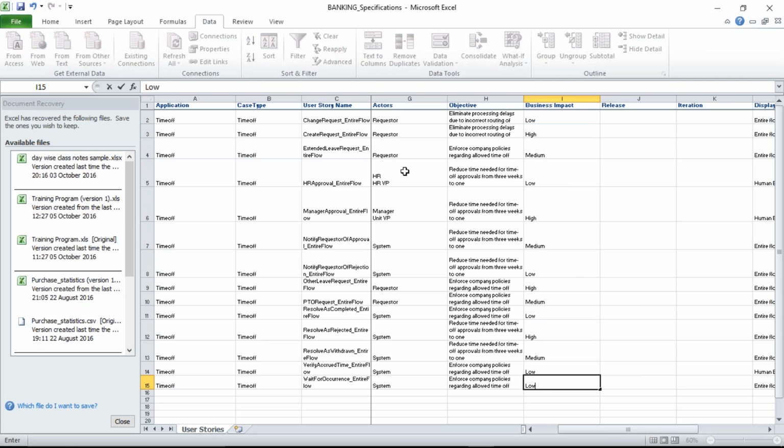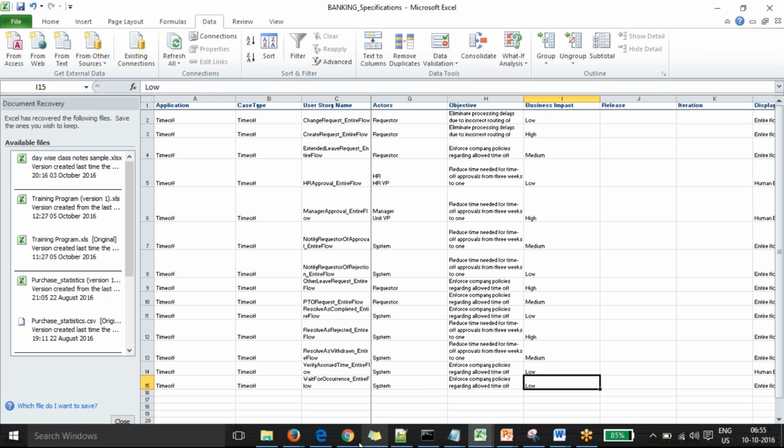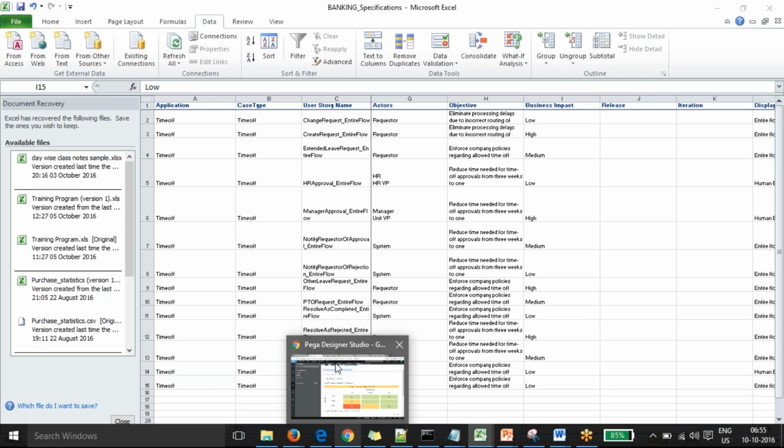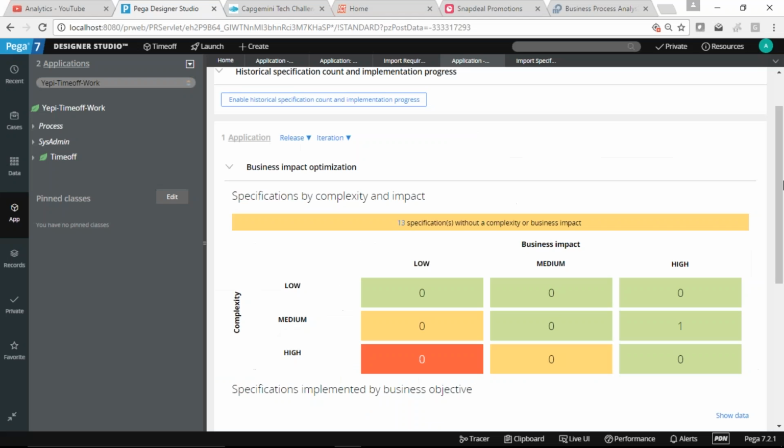Just for testing purposes, I updated the business impact so that we can see the correct picture in the report. So I'm going to upload it once again.